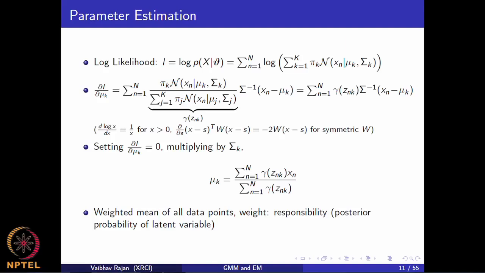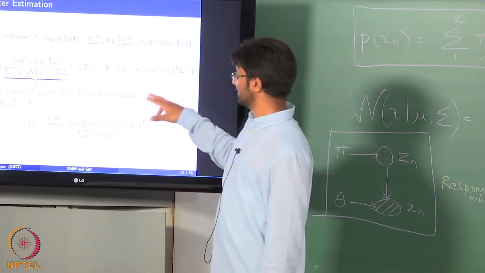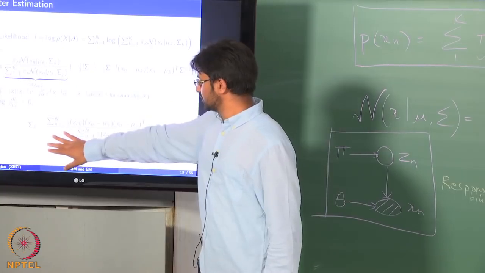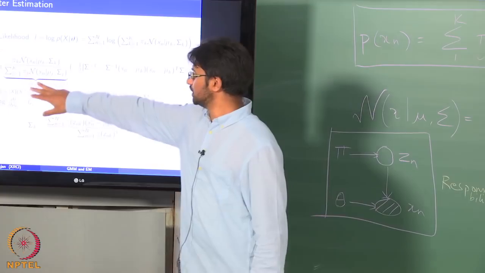We can do the same math for sigma k. Again, if we differentiate this with respect to sigma k, we just have to use two different matrix derivative formulas, these, and the derivation is very simple. Do you want me to do it? It's fine, right? Okay. And again you get a reasonably nice form for sigma k, provided that you assume that